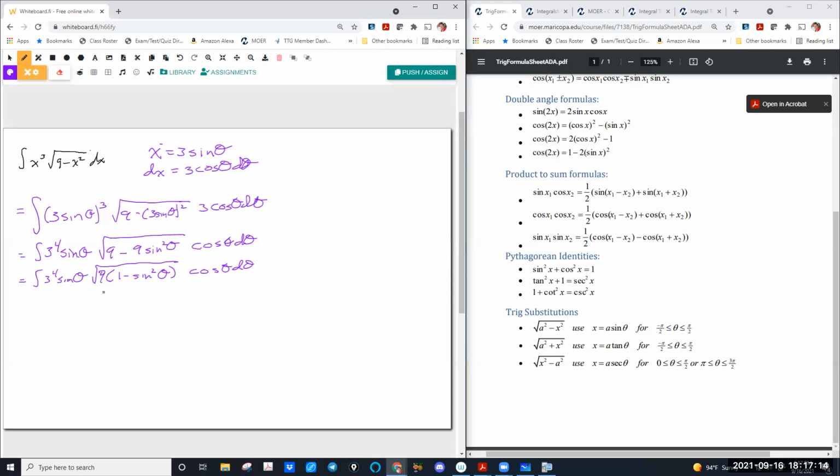So what happens next? If you want, you can take the 9 out of the square root, make it a 3. We're going to end up doing that anyway, so do that next. Usually I'd write the 3 to the 4th, but I haven't done it yet, so we'll do it in the next step. This is going to be the square root of 9 cosine squared theta. So let's note, we're using a Pythagorean identity: one minus sine squared theta equals